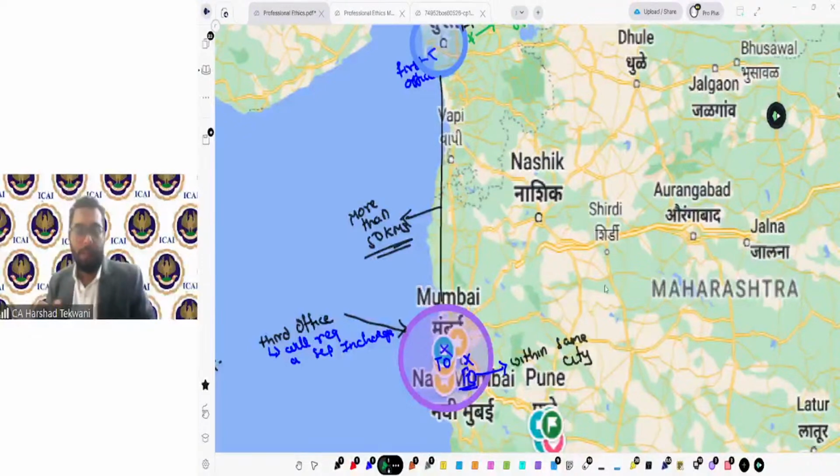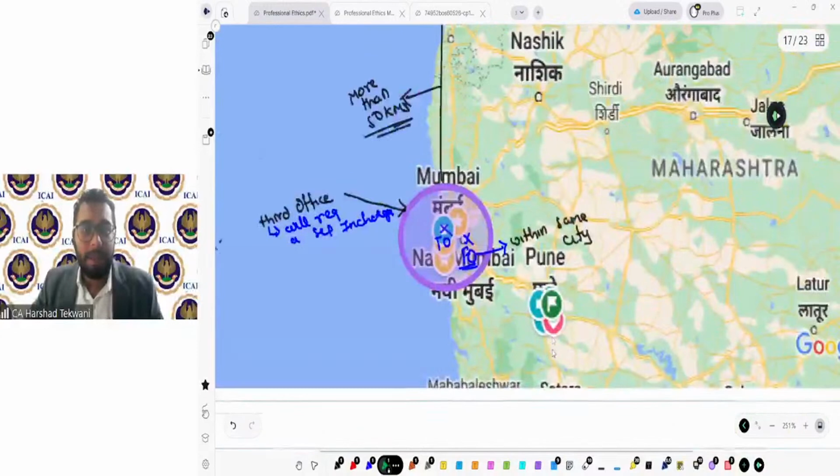Now, most of you said yes, this requires a separate in charge. Understand first thing: when I say there's an exemption, there is no requirement of a member of the institute to be a separate in charge. It means a member of the institute can be in charge of two offices if any of the conditions get satisfied. So you need to also think from the point of view of the member in charge, the member who is in charge of the office.